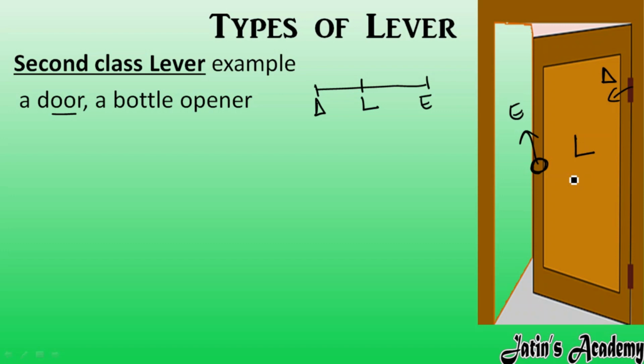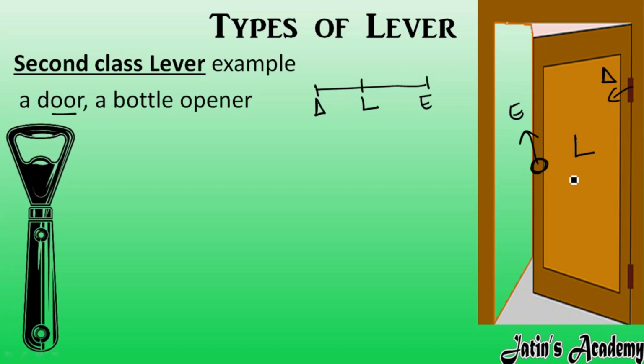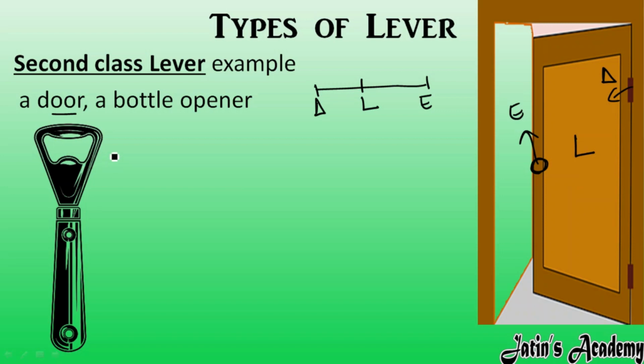The next example related to second class lever is the bottle opener. So in the case of a bottle opener, in order to open the cap of the bottle, we are applying the cap here, means we are attaching the load here in the center. So this is known as load, okay? And we are applying force from here. This part from where we are applying the force is known as effort, and this is a fixed point about which that bottle opener is going to move. This fixed point is known as fulcrum. So in between fulcrum and effort we have a load. So this is an example of second class lever.